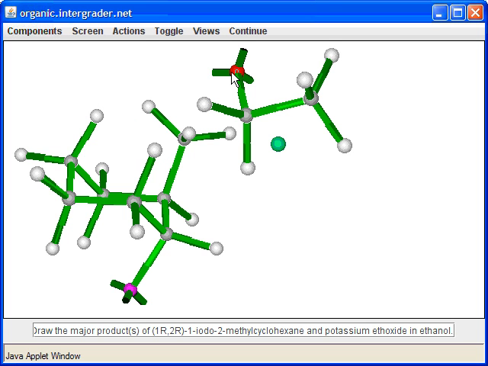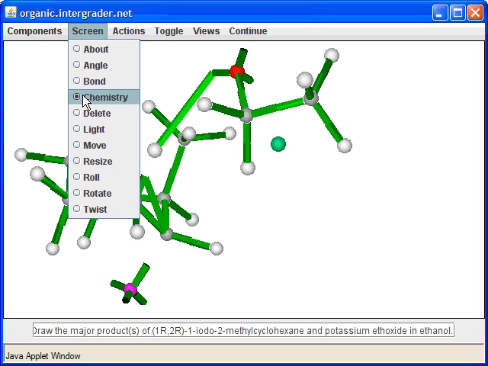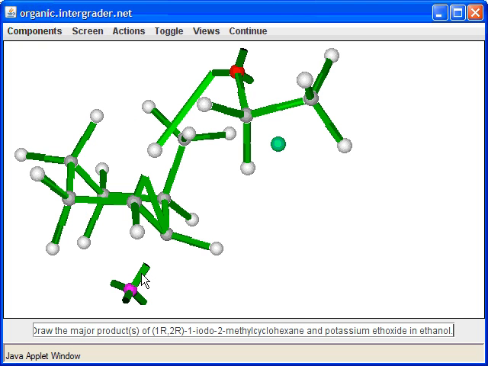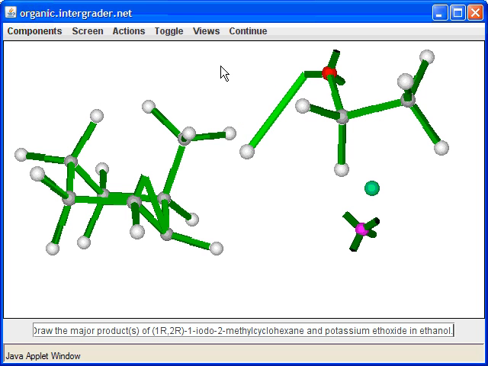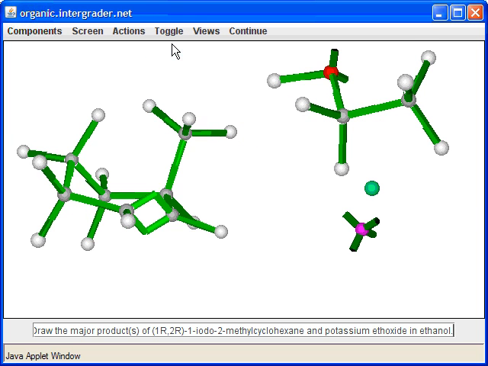So let me go ahead and do that. This may be far away, but let me pick up the hydrogen here. Take these electrons now and use them to make a double bond here, and kick out iodine. When I do that, I'll get to my product. So let me move this molecule out of the way, and this one, and also this one, so you can see everything, and let me hit arrange.